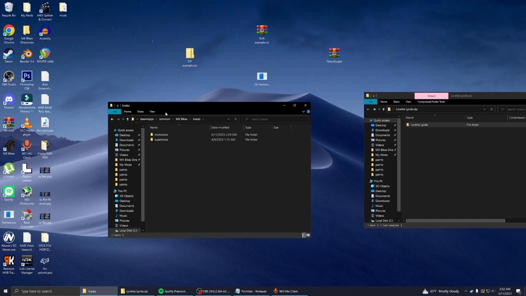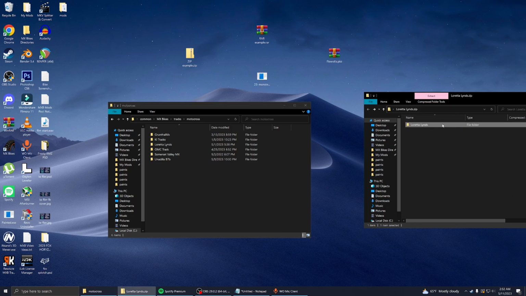And if you didn't already have the tracks folder, go ahead and make new folders, one for motocross and another for supercross. So you can go to motocross because this is a motocross track, and then you click and drag into here, and that's how you install it in the game. I already have the tracks, so I don't have to install it again.